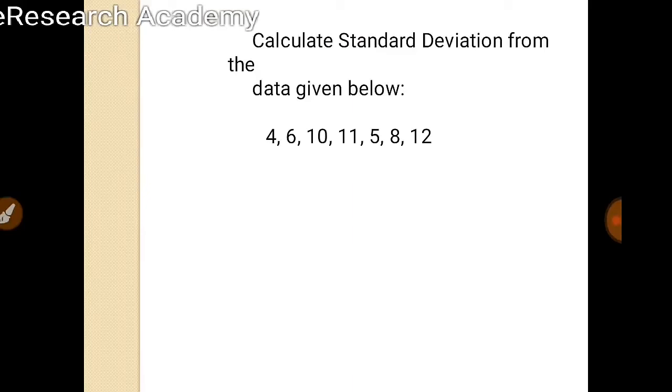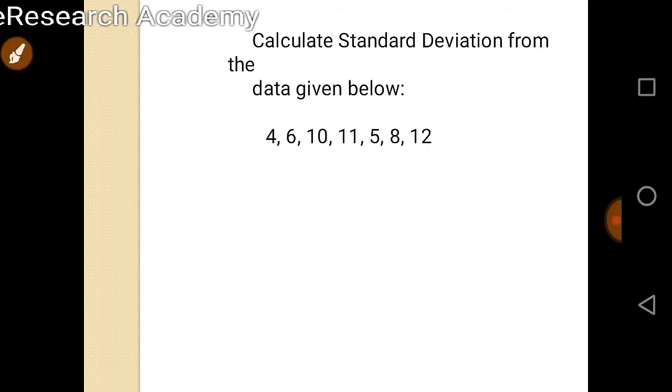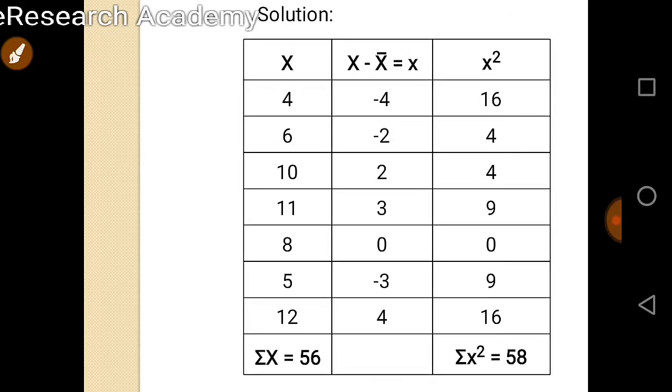Here we are given a question in individual series and we have to calculate standard deviation, and the observations we have are 4, 6, 10, 11, 5, 8 and 12. Okay, this is individual series. So let's have an answer of it. So this is the answer, and